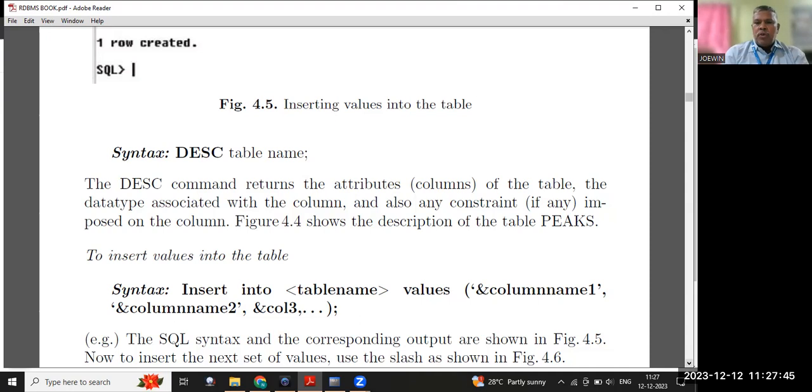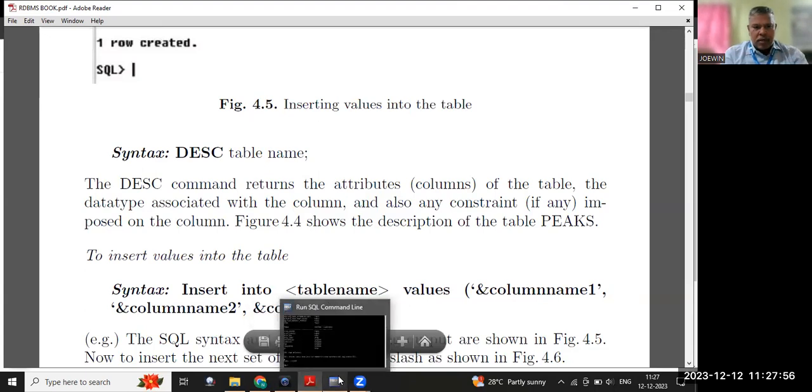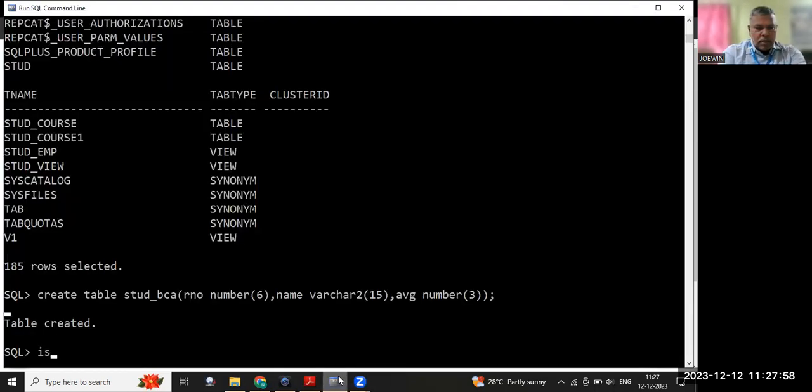Ampersand, if you want to get it from the user, you have to use it. Otherwise, you can just directly use the values. The general form is insert into table name values. This is the thing you have to remember. I will insert and put in